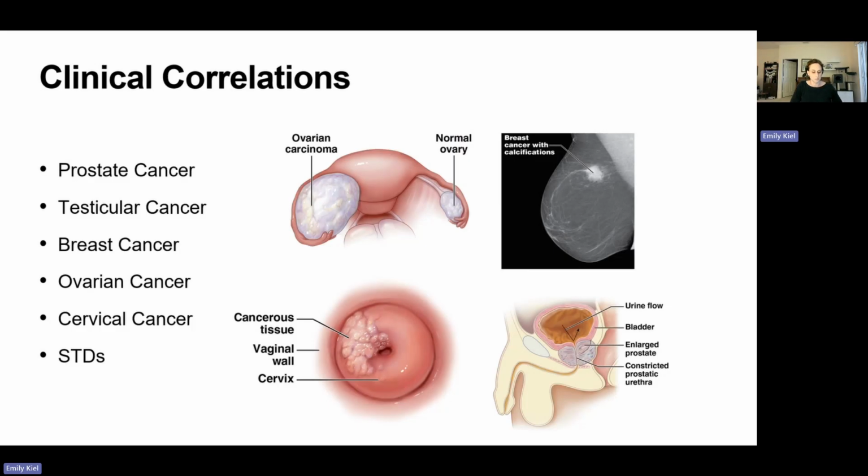It is the most common male cancer, and it is tested for with a PSA test. That's prostate-specific antigen test. If it's diagnosed, it can be treated with radiation and surgery, and it does not have a terrible prognosis. I will raise up on your radar that there is lots of conversation right now regarding PSA